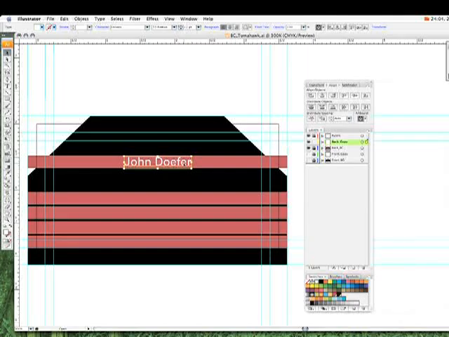So now we know that John Dofer is going to be right in the center of everything. Alrighty, so now that we have the name figured out, let's go ahead and type the address, phone number, website, and all that stuff. So I'm going to hit my option tool, click and drag, T, Command A for select all,